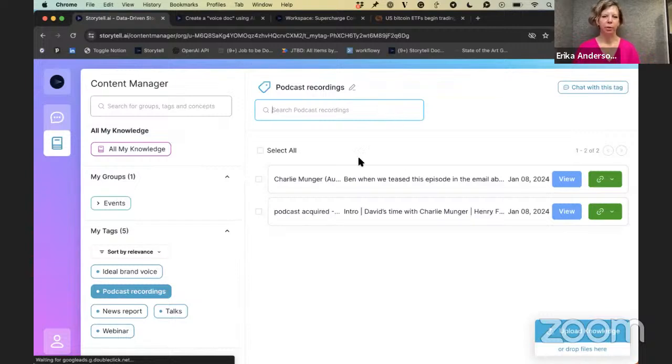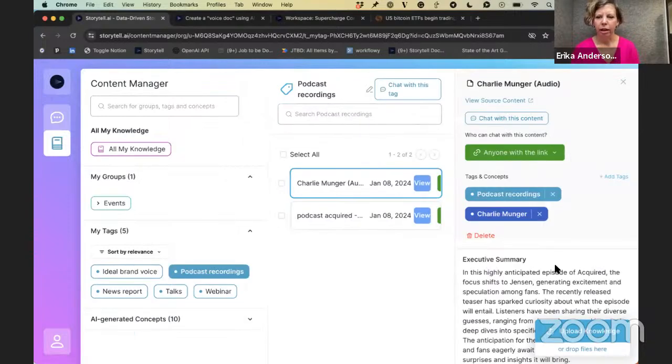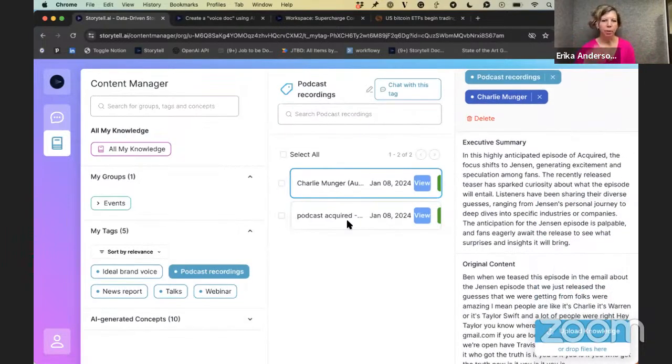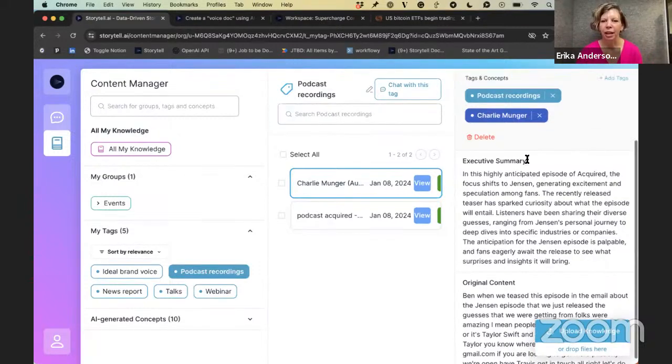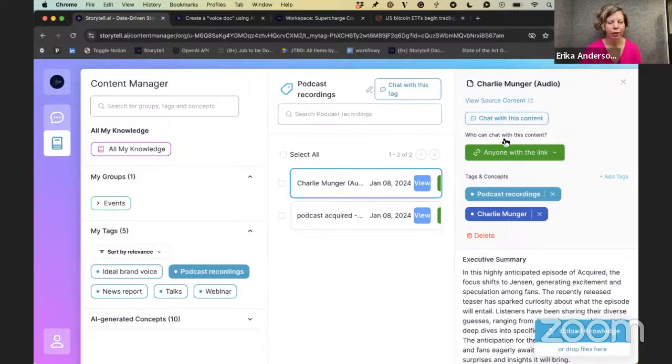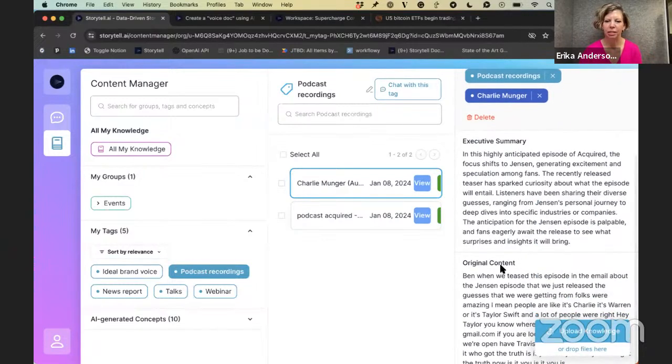You can also search here, but it so happens I just have 2 podcasts uploaded. And I want to see what is in this file. Something about Charlie Munger. Okay, what is that? These are 2 episodes of the Acquired podcast. Anyone listen to the Acquired podcast here? Lots of tech stories, but also just company stories, the founding and how they run their business, etc. Just highly researched episodes. This was probably one of the last interviews with Charlie Munger before he passed last year.